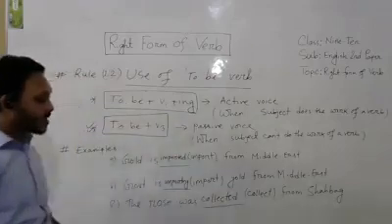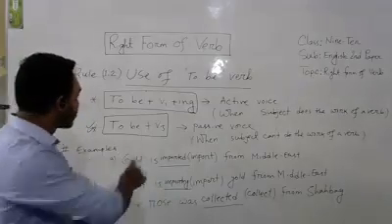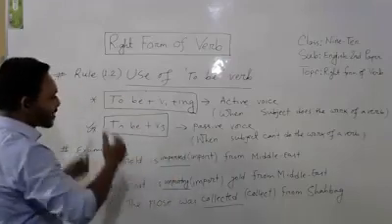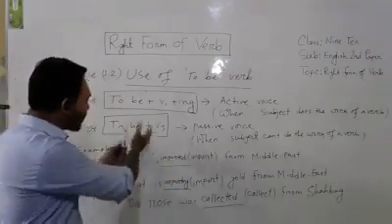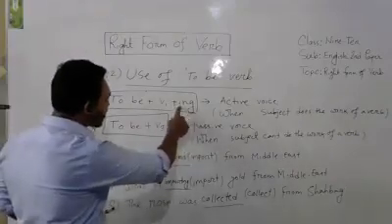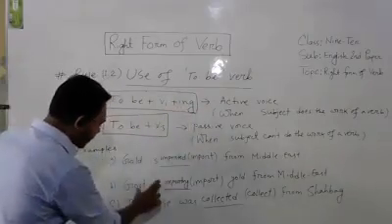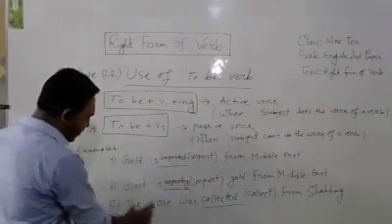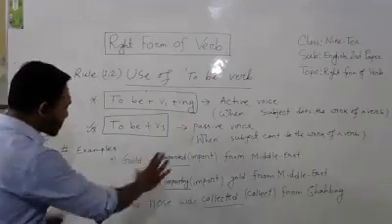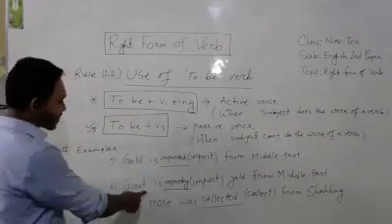I hope, my dear students, you have understood this rule. I am repeating it. To be plus verb plus ing, to be plus verb three. After to be verbs, you can add ing to the verb or use verb three. When? When you see that the subject is doing the work of the verb itself, then verb plus ing. And if the subject cannot do the work itself, here and here, in these two examples we can see these two subjects cannot do the work of the verb, that's why they are passive and this is